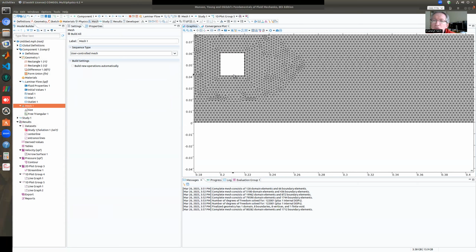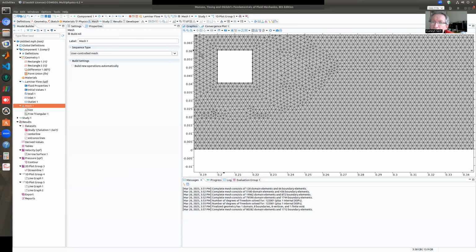But here I'm not trying to pay attention to those details, and most probably I'm not getting a converged solution due to that. Because there will be a flow approaching this block and then it will maybe separate from here. Maybe it will just go tangent to this surface. I don't know, but we need nice, fine little elements there to calculate all those sharp variations. But here I'm using rather large elements to make it a quick solution. But of course, we have to be careful.